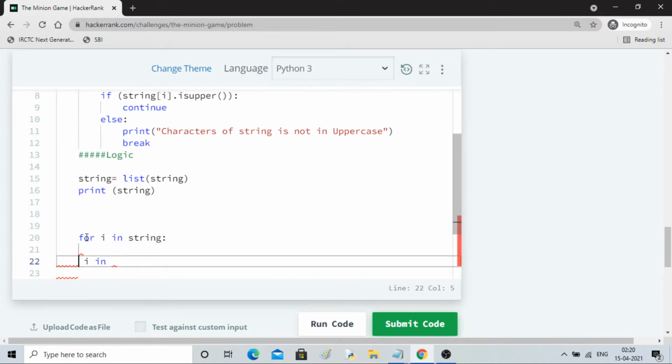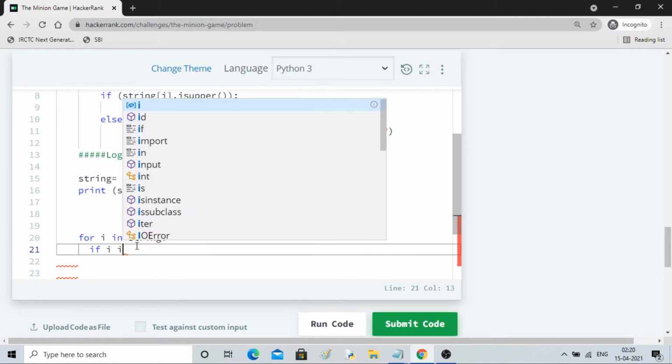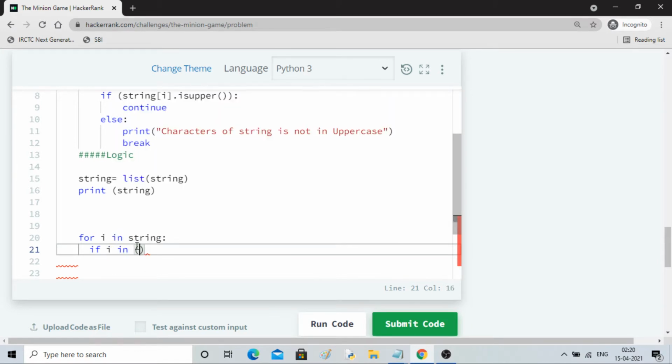Now what I'm planning is a for loop. For every element in the string, and the string is now a list, right, it will check if i is in the vowels: A, E, I, O, U. Capital letters, I'm doing.